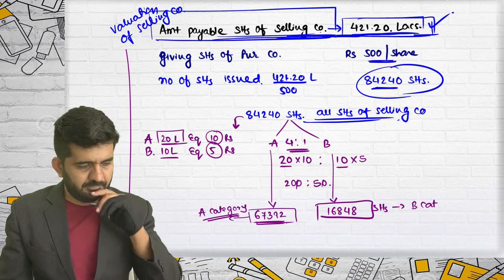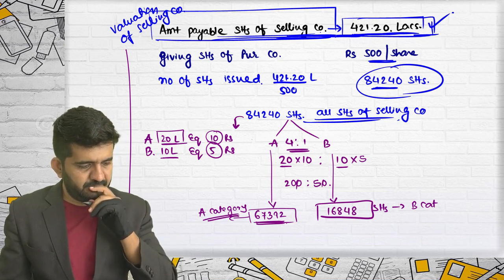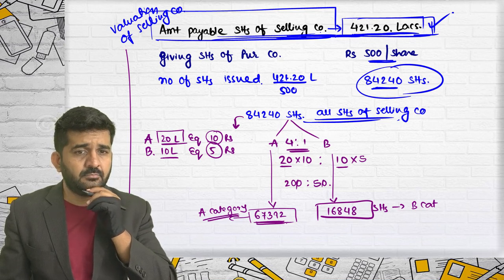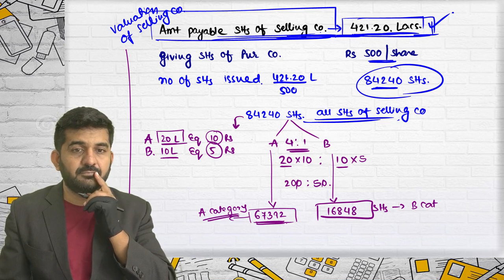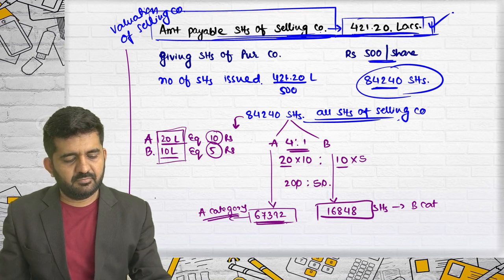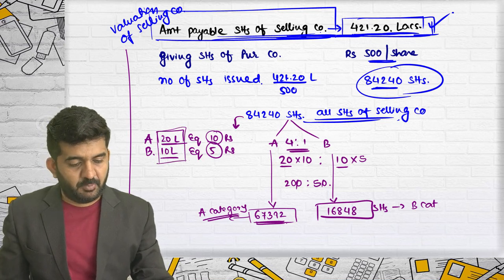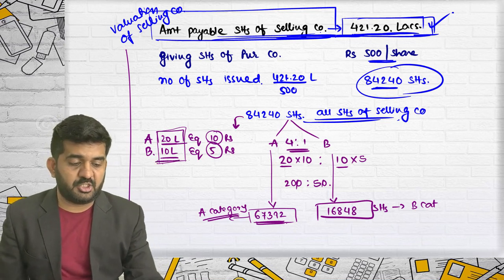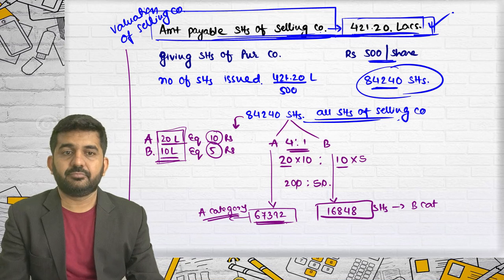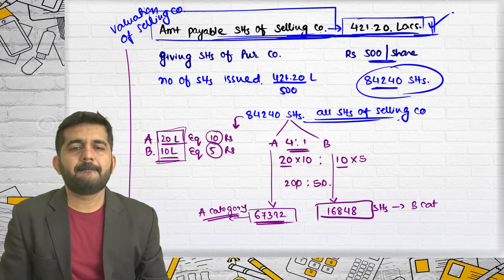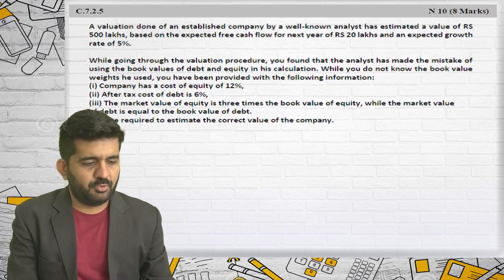Sir, I joined late, but maybe 84,240, the number of shares we are getting, divided by 25 lakhs that are already issued. I mean the outstanding share capital of the company. It is 20 lakhs into... Alright, 25 lakh shares are not issued. Total shares issued are 30 lakhs. That is all right, but because 5 rupees is not paid up, I have taken the weighted average. Alright, your answer is correct.